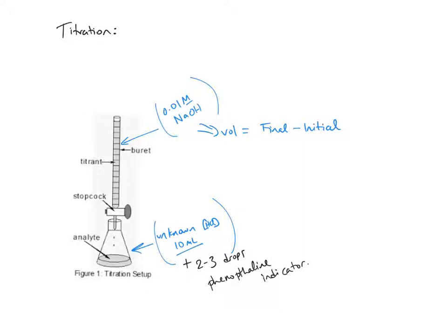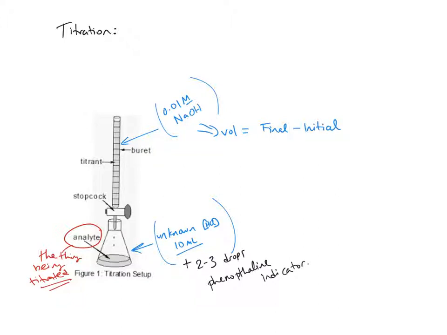So when we see a question that says such and such was titrated with, the thing that is titrated, that is your analyte, okay? So the analyte is the thing being titrated. Okay, so when you hear that language, right, the analyte is the thing being titrated, the titrant is the thing